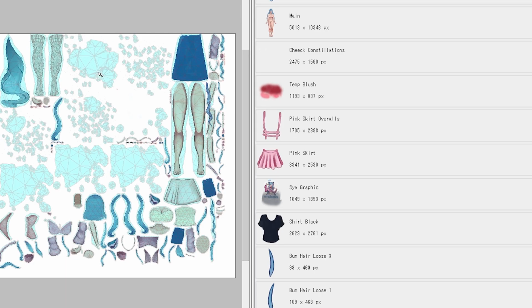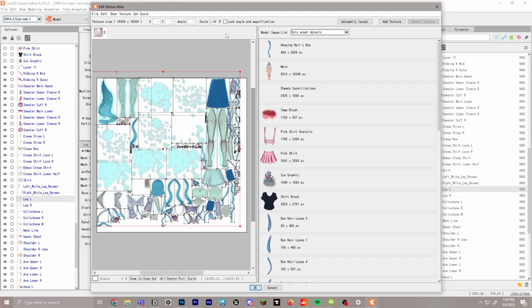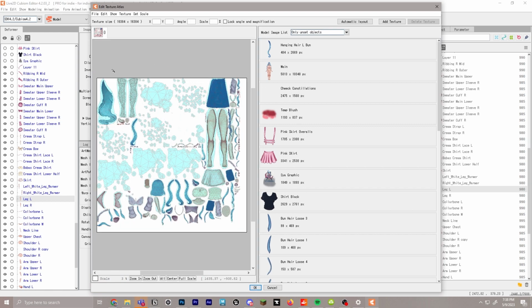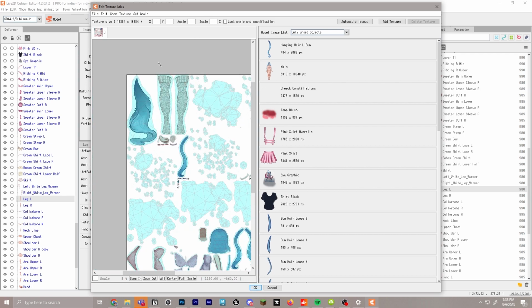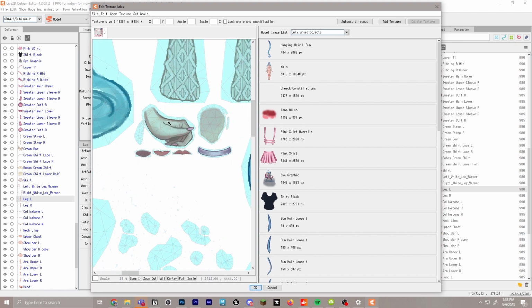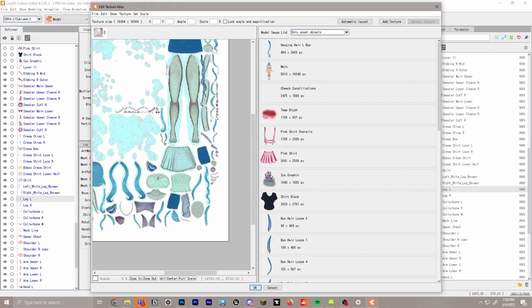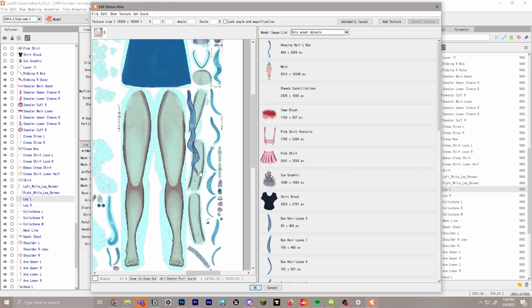Alright, once everything is loaded in, the first thing to check is to highlight all of the pieces in here and make sure the scale says 100. If it's not, you want to go back to where you were choosing that pixel size and go up until you can get your scale to 100% without anything flowing over the edges of the canvas. Next, we don't want any of our pieces overlapping in here, so if you see anything overlapping, make sure you give it some space or move it around, otherwise it will not read correctly once you move your model over into a program that can run it.